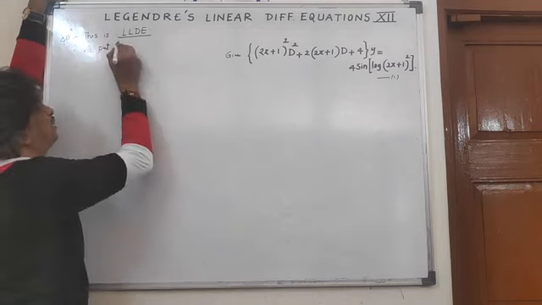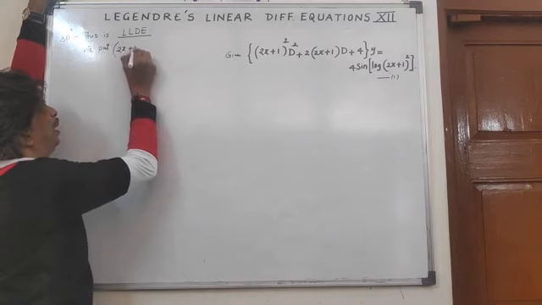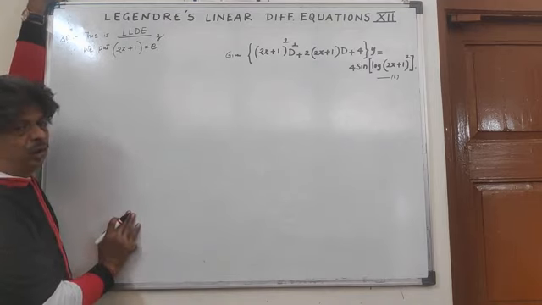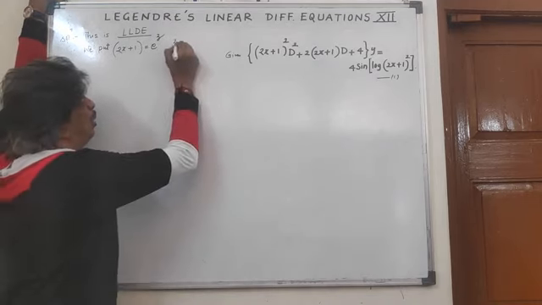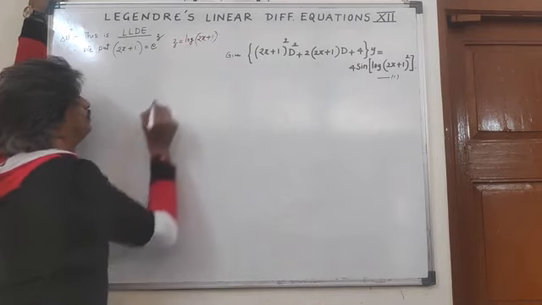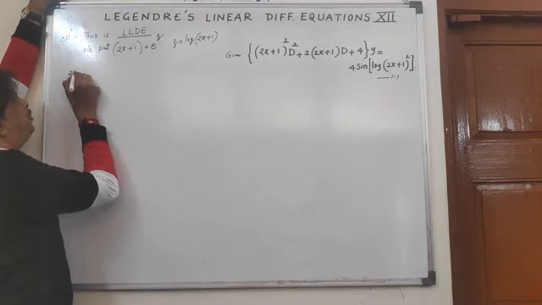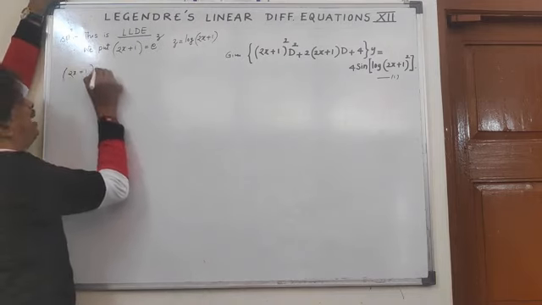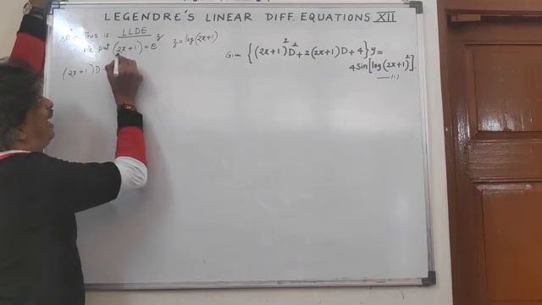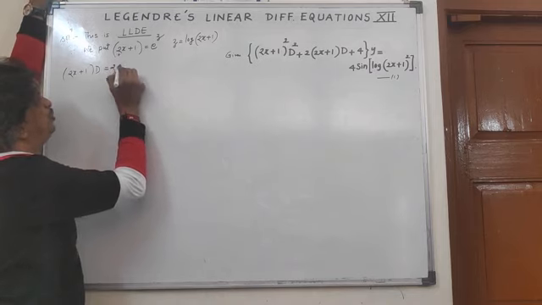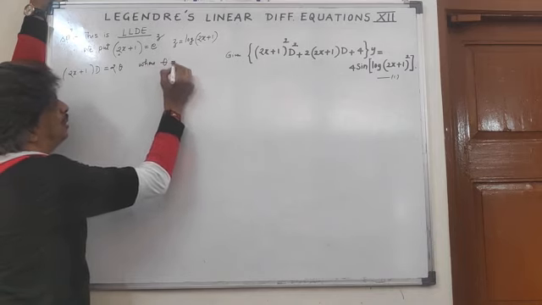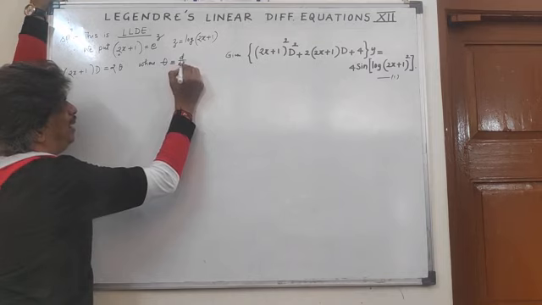Ax plus b here is twice x plus 1, equal to e power z. In view of this substitution, z is equal to log of twice x plus 1. And twice x plus 1 times D, I have told you, is equal to a times theta. Here the value of a is 2, so it is 2 times theta, where theta is obviously equal to d by dz.